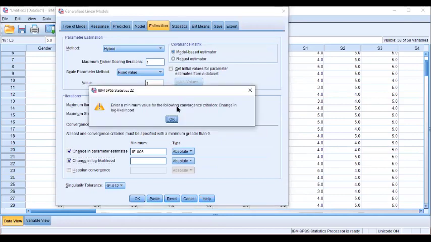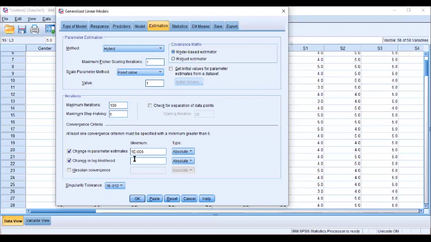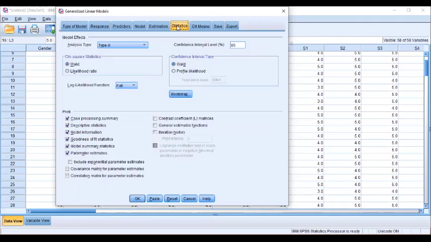And in the enter minimum value for the following values. So where is the minimum value? Change in the log likelihood absolute value. So now the minimum value here, perhaps let me talk about 0. Okay. Then statistics, then all this, what has been ticked: case process, descriptive, model information, goodness of fit, model summary,